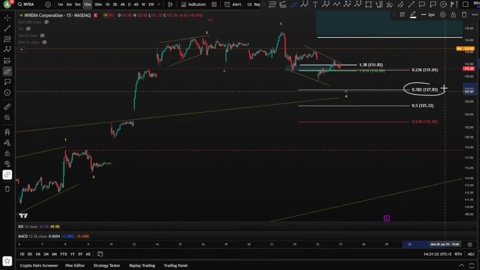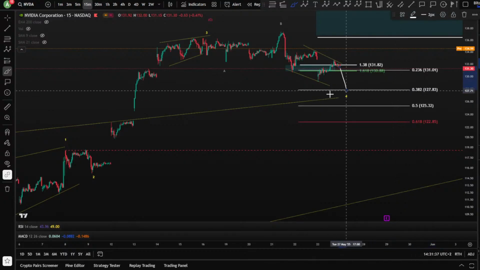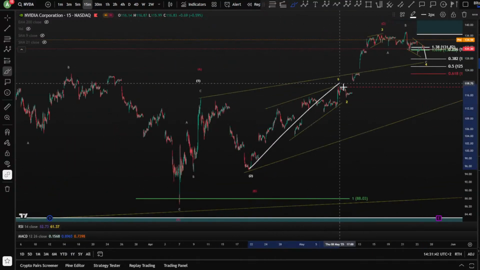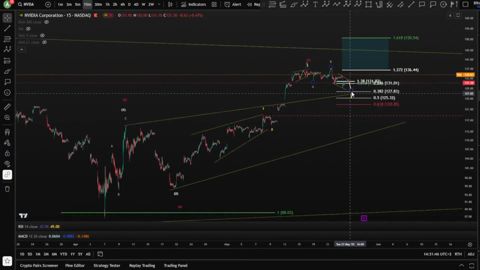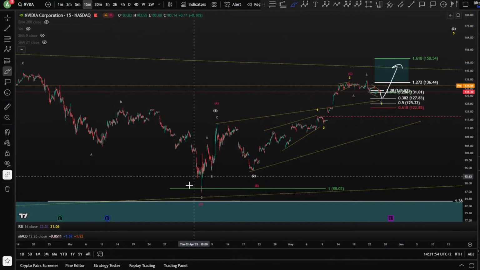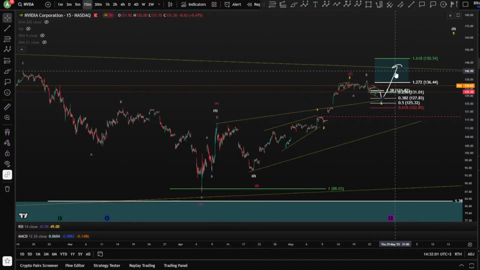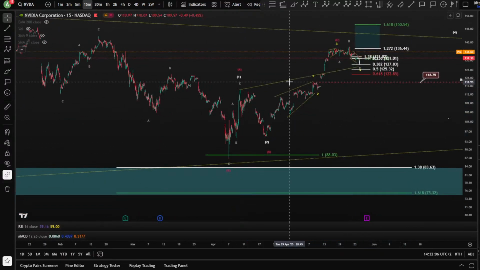Yeah, and potentially it can take, of course, the 0.38. Yeah, it can even take the 127. In overview, you are here in 1, 2, 3, 4, and a 5, in the bullish. Meaning, once you finish this wave 4, you would like to see continuation for higher, wave 5 toward the upside. We are in 1, 2, 1, 2, 3, 4, and a 5 to finish wave 3, then 4 and a 5. So basically, I would like to see this unfolding.